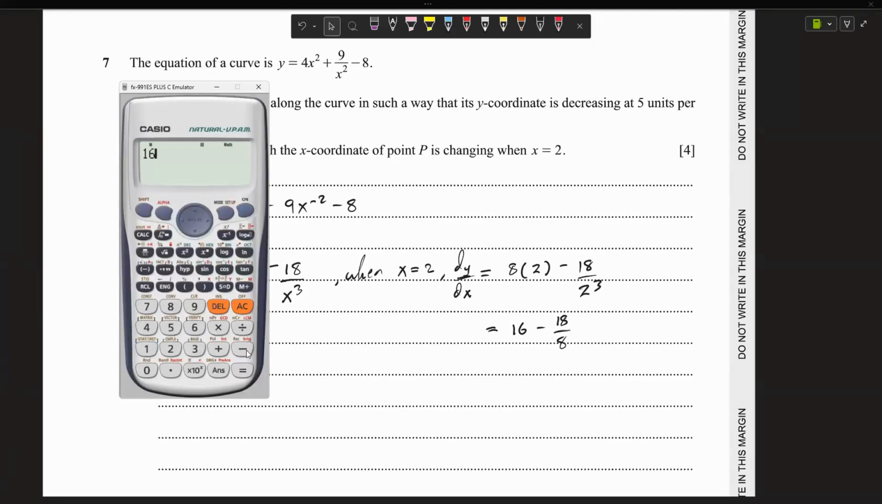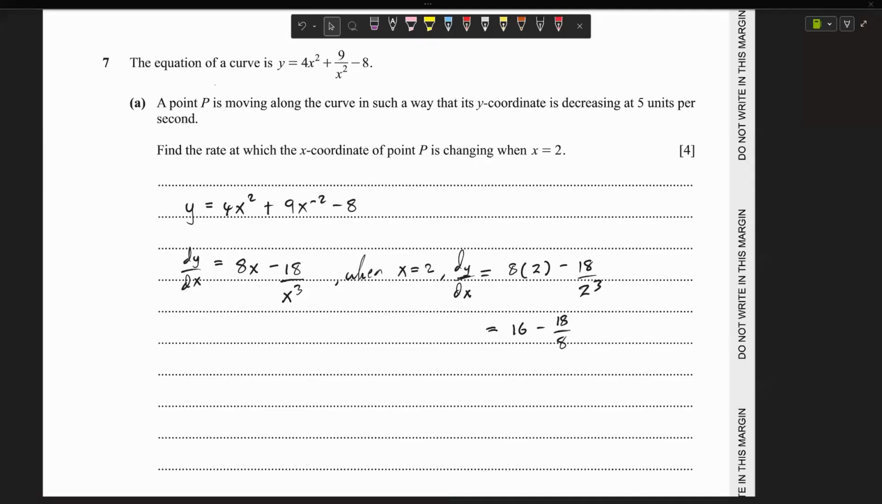So 16 minus 18 over 8 gives us, sorry, 55 over 4. So we get 55 over 4 as being dy by dx. I'm going to put it, sorry, down here. Okay, so now let's do the calculation of whatever they want, because they are saying here we should find the